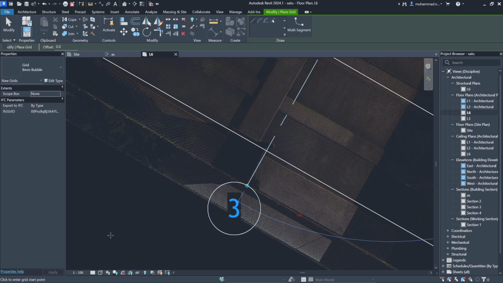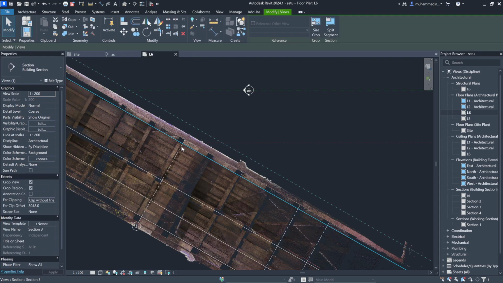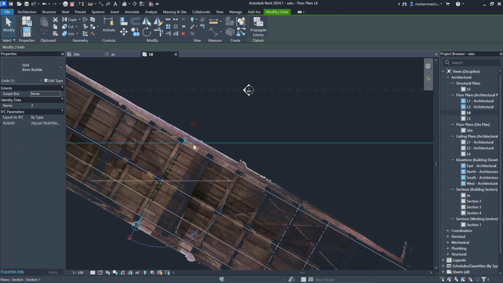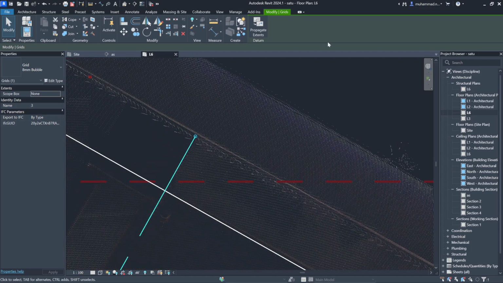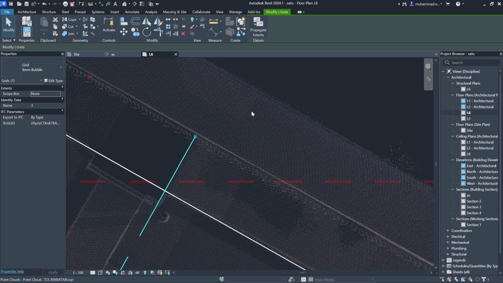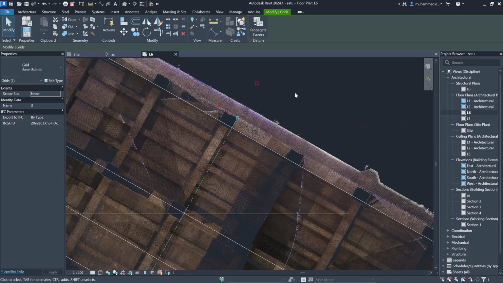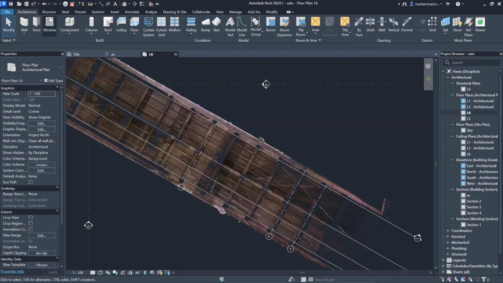What this script will do is become the perpendicular line, the line that we need to snap. So if we put any column, any beam, it will snap right here. So it is just like a guide to make that